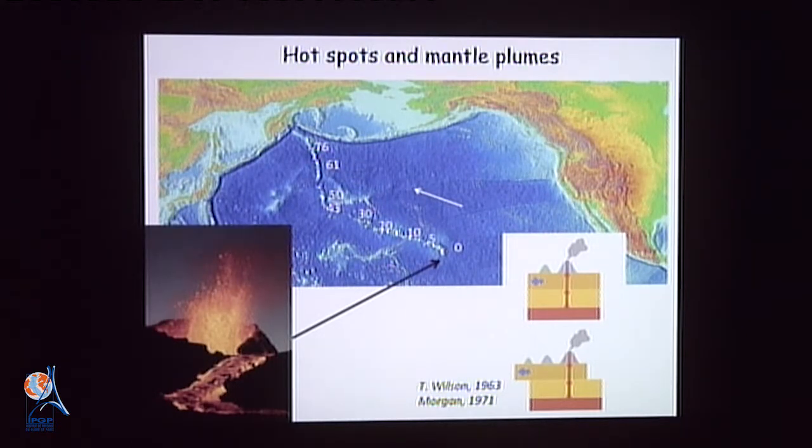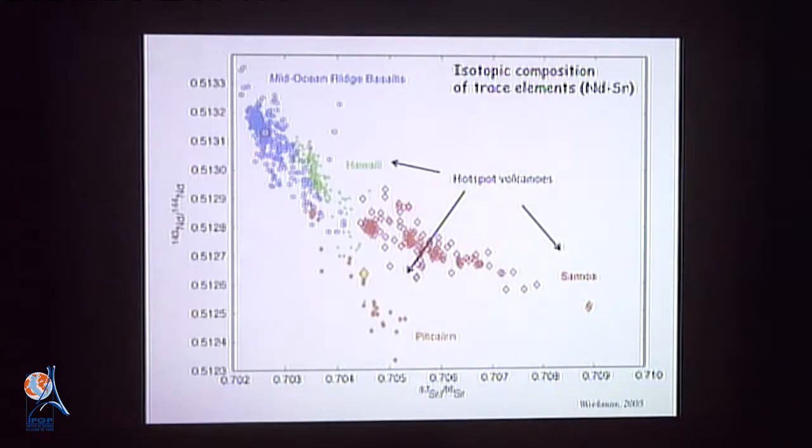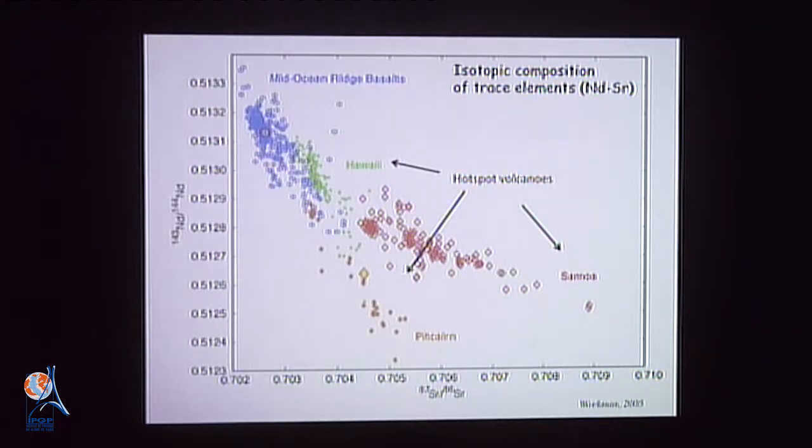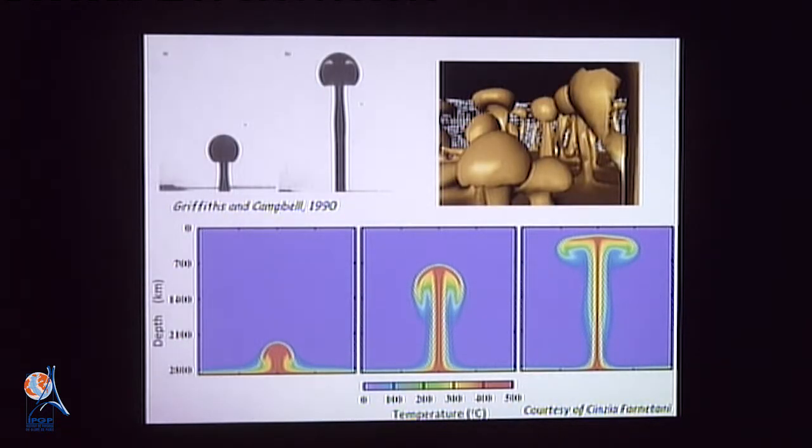There are other indications, of course, that hotspot volcanism is different from plate boundary volcanism. For example, the isotopic composition of trace elements shows very distinct features of hotspot volcanism compared to mid-ocean ridge basalts, which has prompted geochemists to suggest that there are different reservoirs of chemical heterogeneity in the mantle. There is also evidence from numerical modeling and laboratory experiments for the existence of mantle plumes,